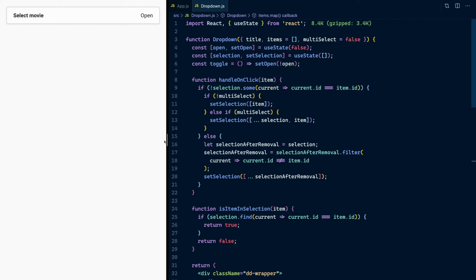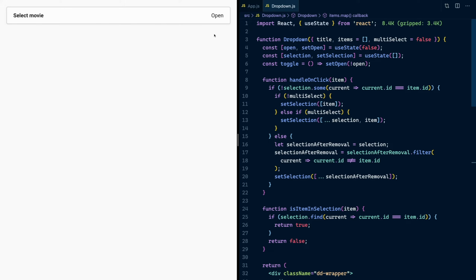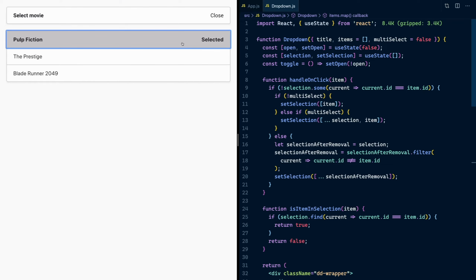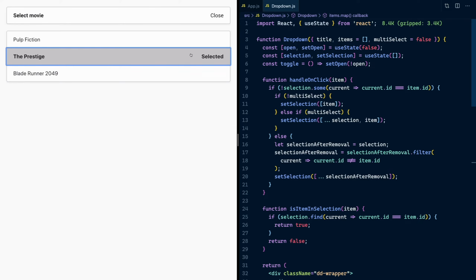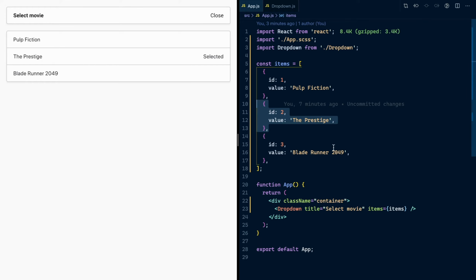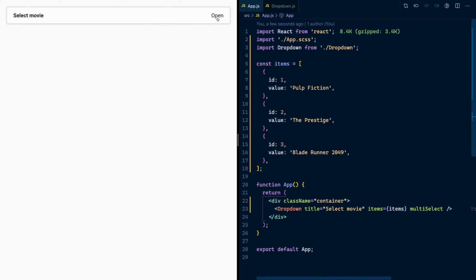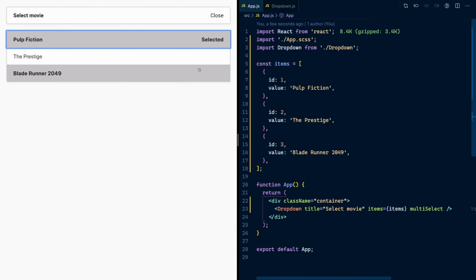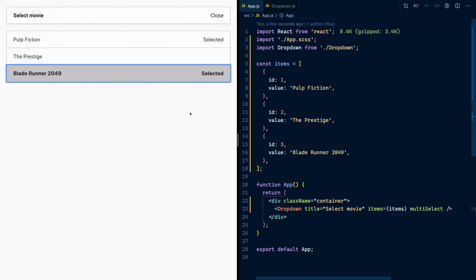So it's looking pretty good, right? Let's go ahead and test. So I'll pull this over. I'll say open. Oh, that's looking good. We can select one item. That is good. So what happens now if I pass multi-select? Does this work as we intend? So that should refresh. We've selected one, selected two. Perfect. So we have a singular and a multiple select drop down working perfectly right now,